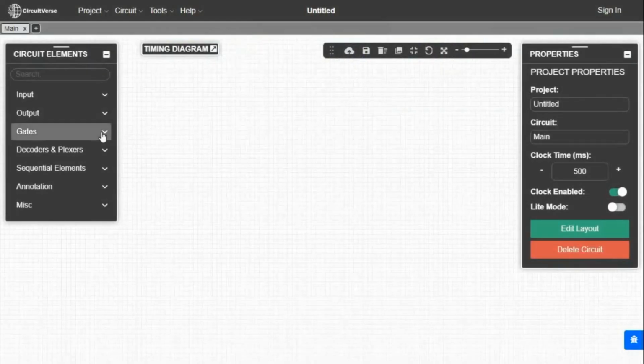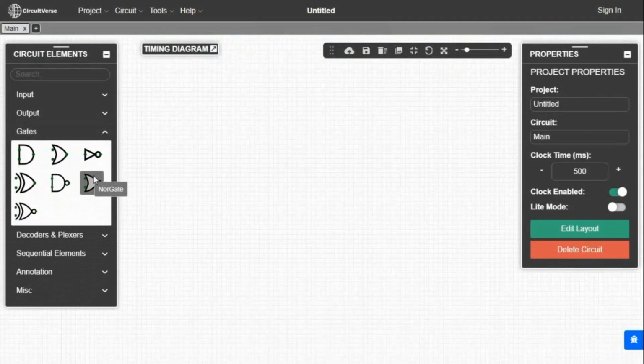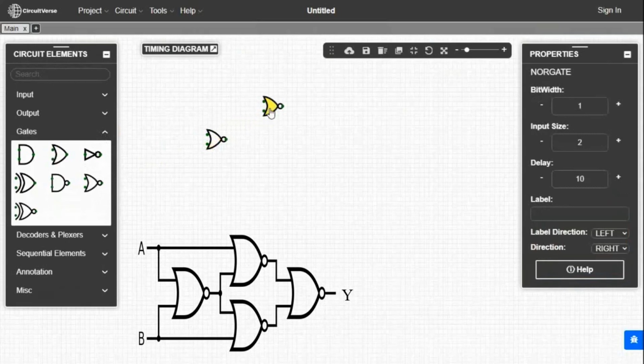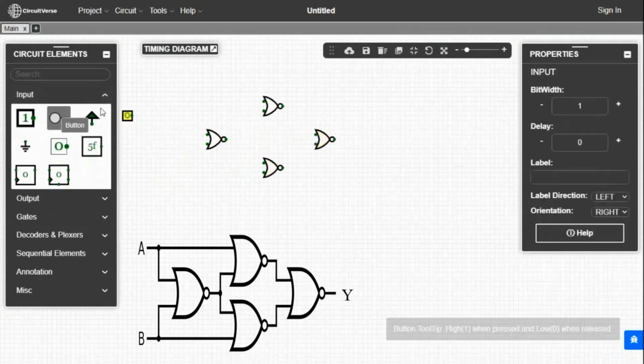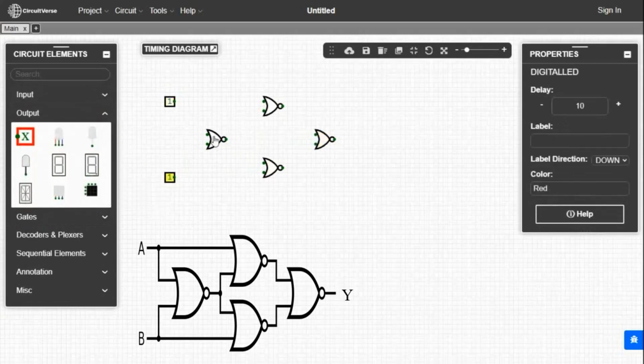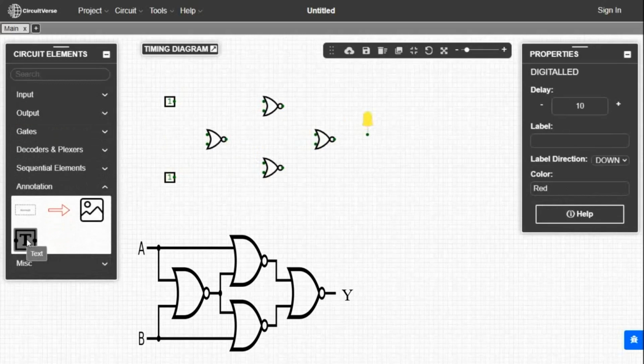Now we will make the circuit on the simulator. Here we have to take 4 NOR gates and place them like this. We have to take two inputs and a digital LED for output. Now give the name to input and output.